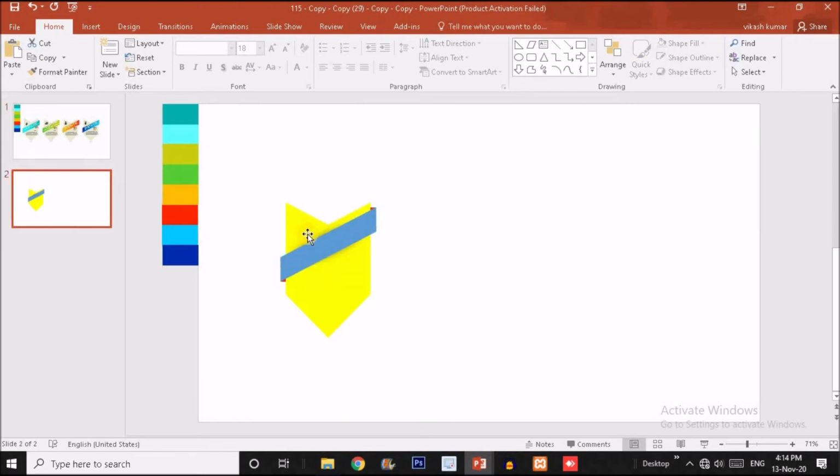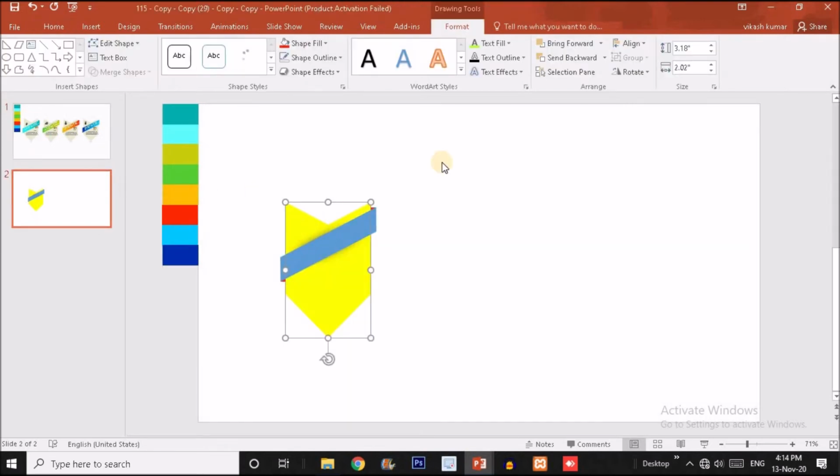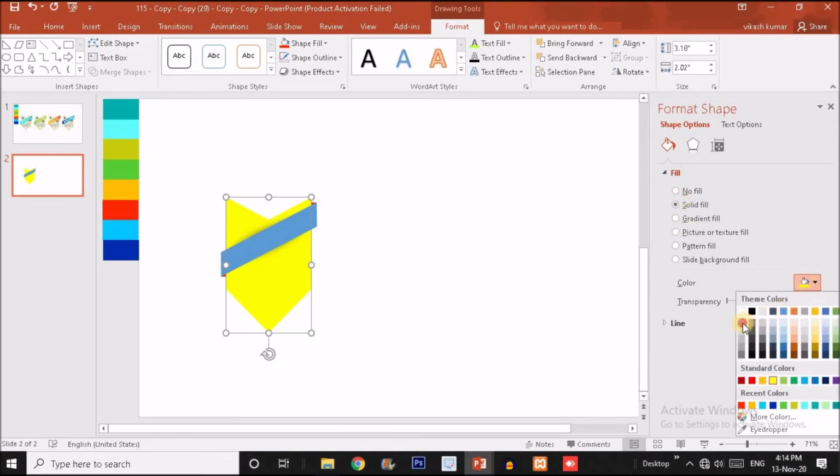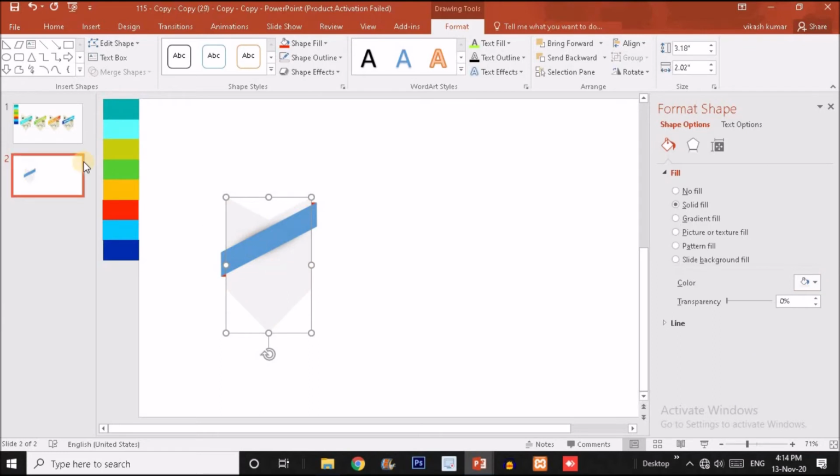So for this shape, what I'm going to do, I will right click over here, format shape option. I will choose a solid fill option over here and will choose this color over here. Okay,